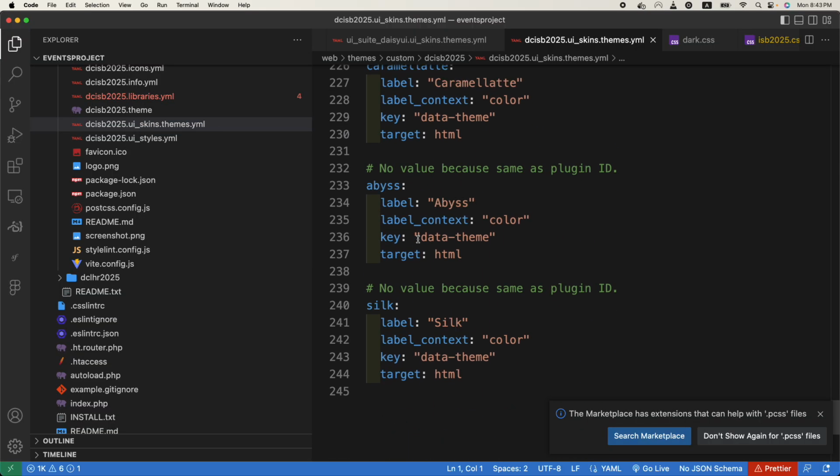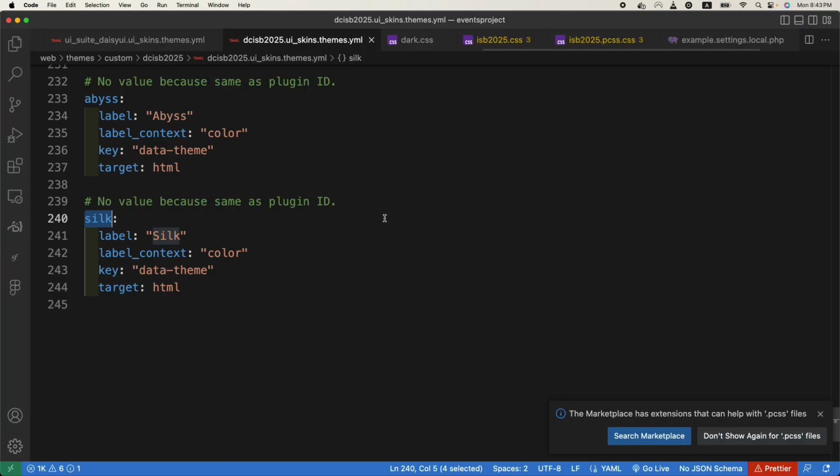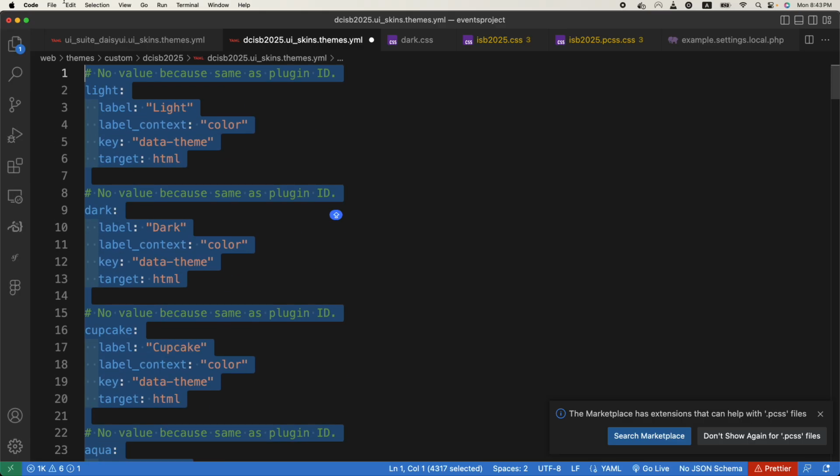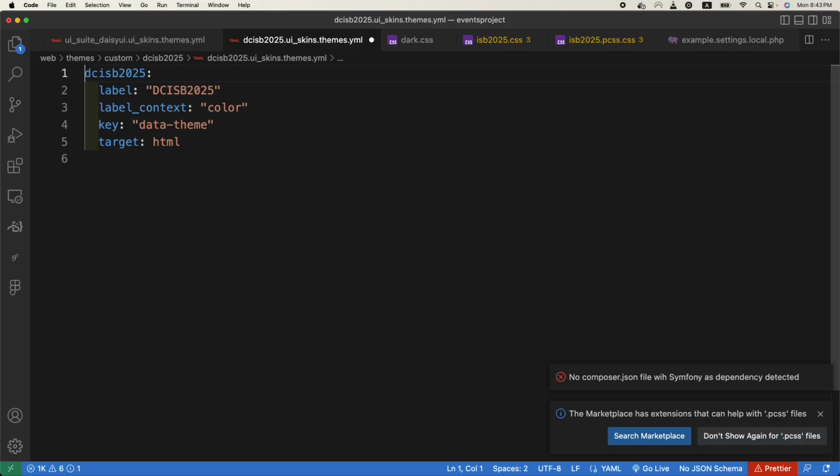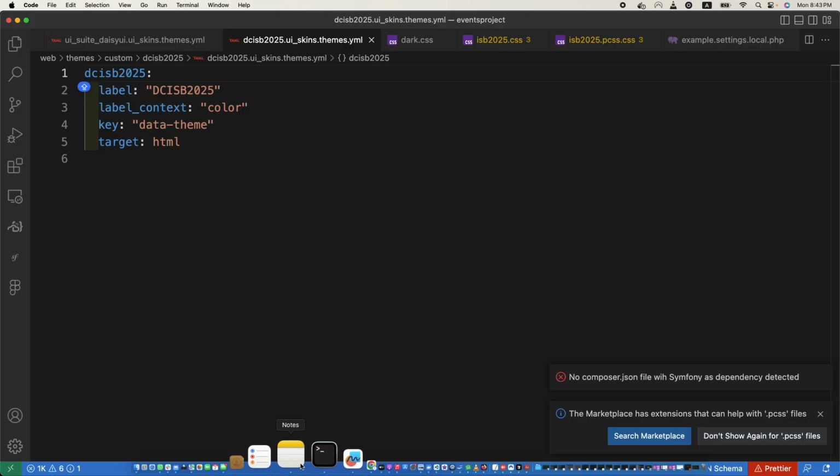I will delete everything else, just the last one I will change to DCISB 2025. The label should be DCISB 2025. Label this data dash theme and HTML, and I will remove all the other stuff. That's it. So DCISB 2025, and I just need this key. If you create other CSS themes also, you can define those here as well. Is this clear? Yes. Now if we clear cache,